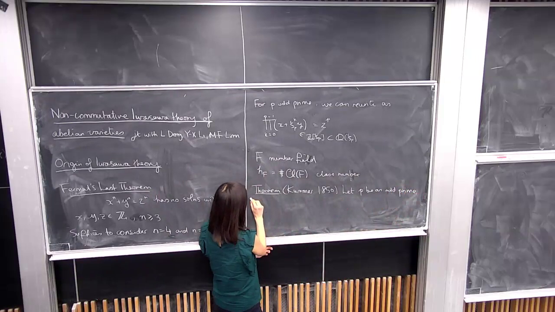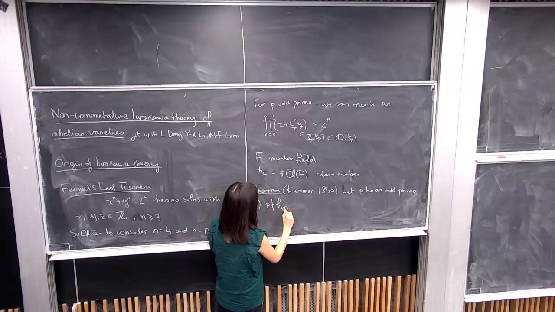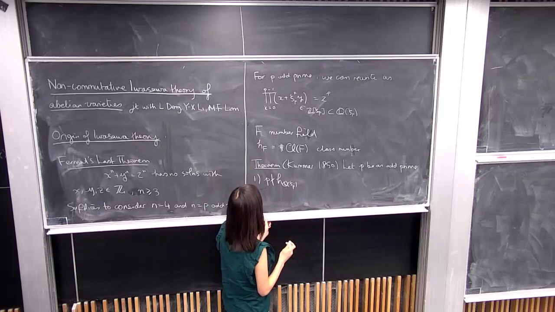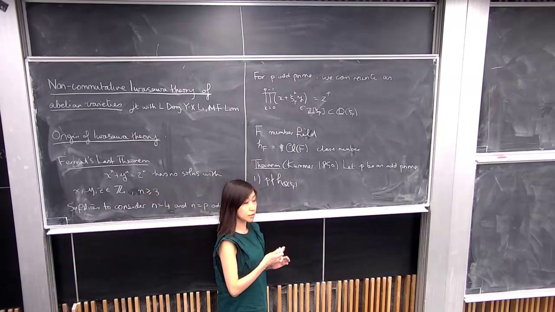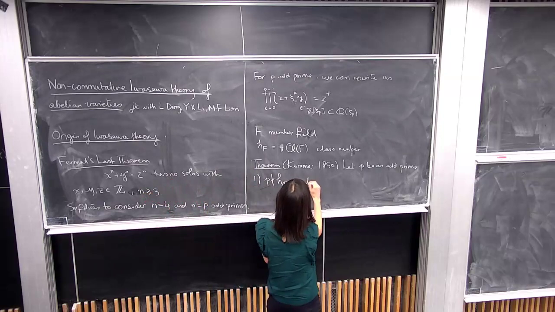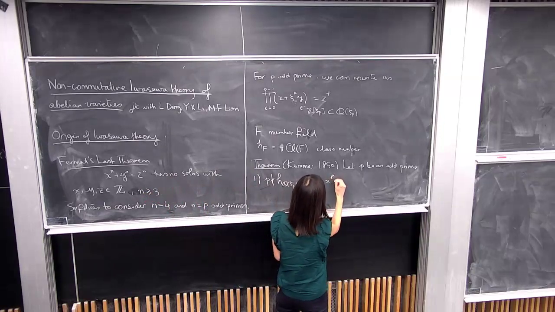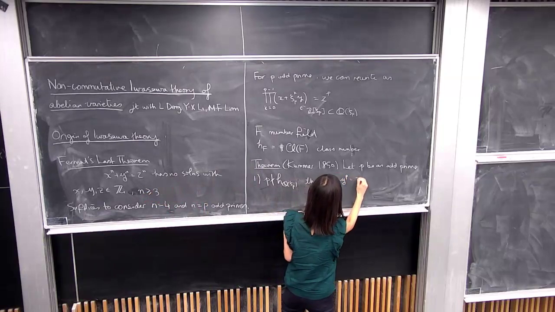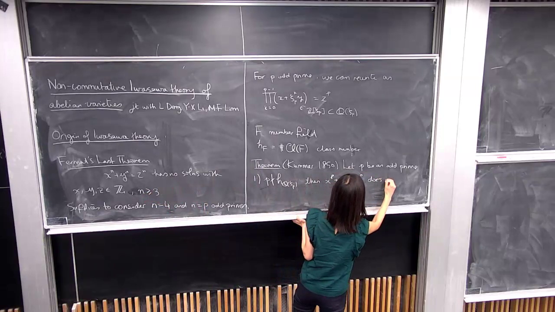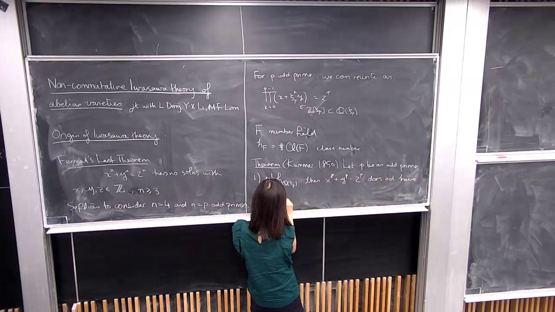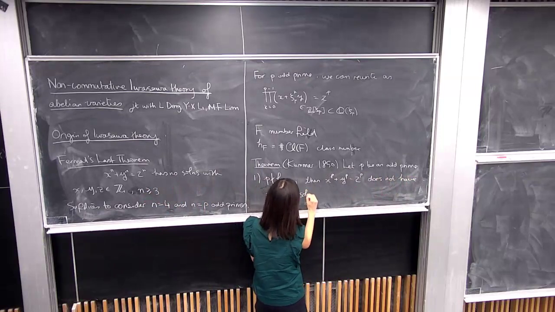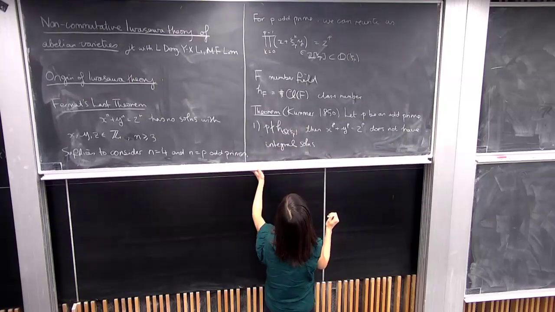then first of all, if p doesn't divide the class number of Q adjoin zeta_p, a primitive p-th root of unity, then we have that this equation with exponent p does not have an integral solution. Okay,